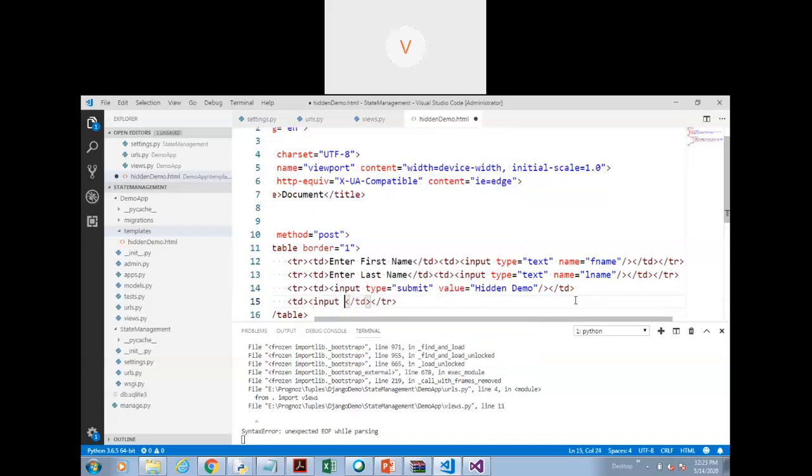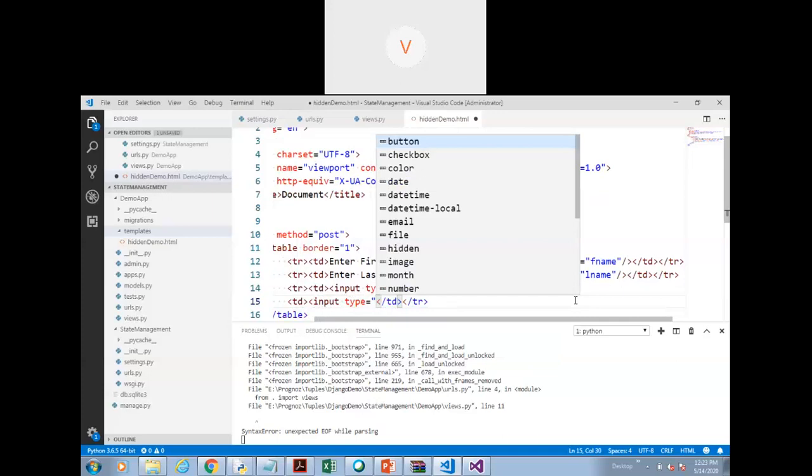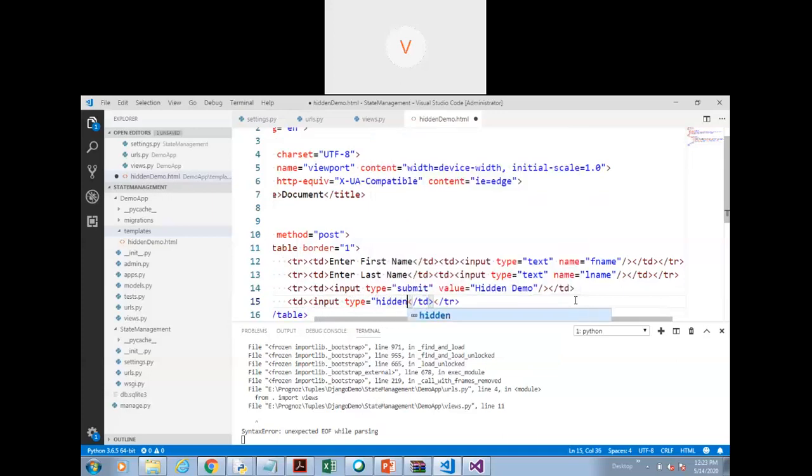So input type is equal to hidden, name is equal to, let's call this uname. Value is equal to, currently we do not have the value, but still I'll add it. If there is nothing, it shows empty. So I have just added one field here, that is uname.